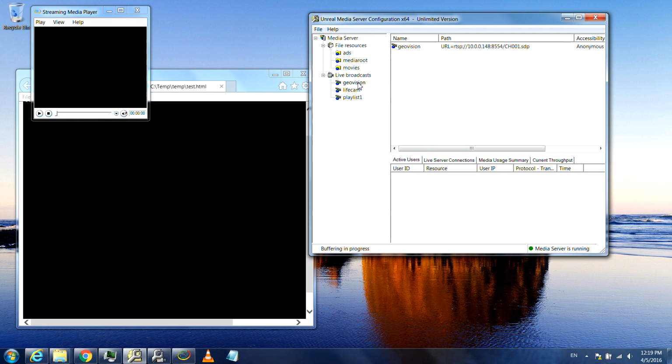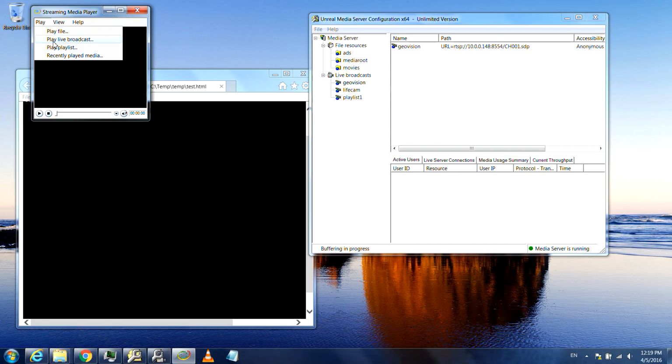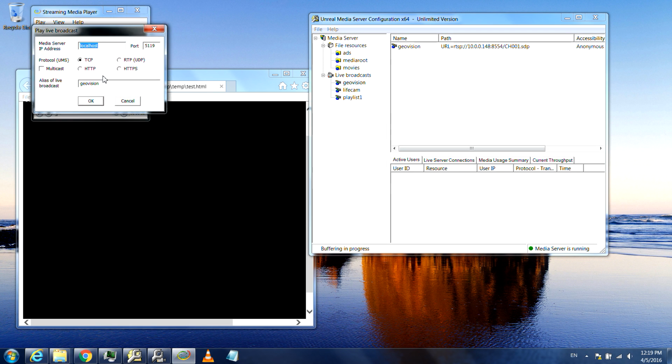So now if you open a player and try to play this camera, it takes about 15 seconds for the buffer to be active. So any player that will be opened after 15 seconds,